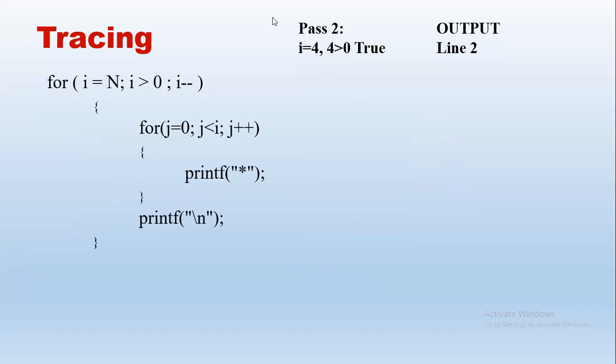4, is it greater than 0? Yes, condition is true. So we need to print line 2 in this pass, right? So in line 1, there are already 5 stars. Here, j starts from